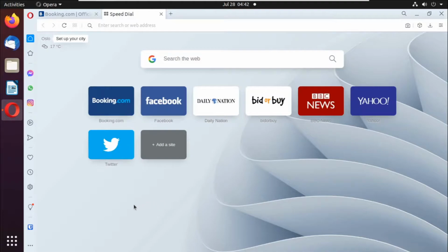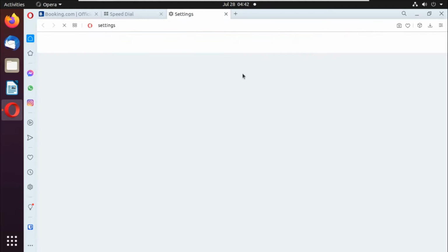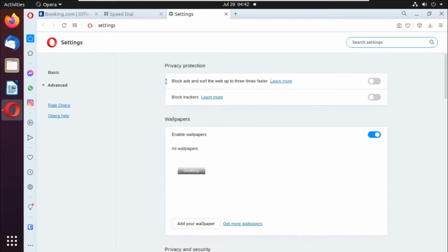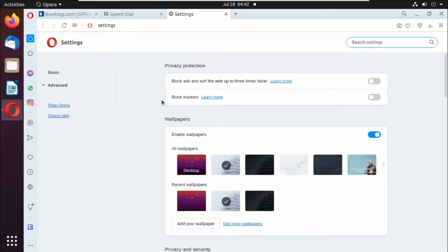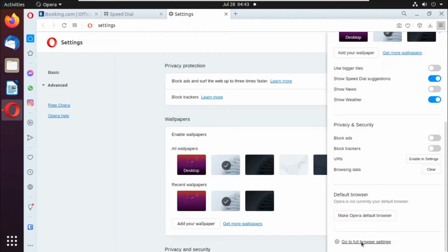So to get you started, once you've installed Bitwarden on the browser of your choice, for our case we are using Opera, the first thing you do is to go to the settings of this browser, and then we have to disable the automatic password prompts by the browser. What this means is that we have to disable the browser from saving your passwords automatically or prompting you to save your passwords. So click on the browser settings, then click on go to full browser settings, and then once